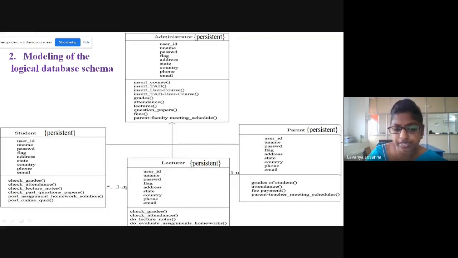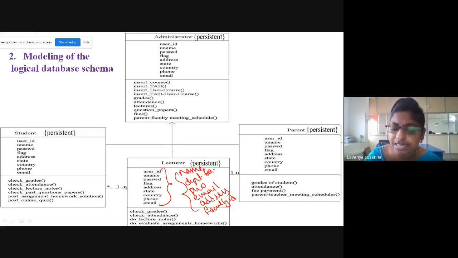Now, coming to lecturer. What are the attributes that faculty can have? Faculty will have a name, right? Next, department. To which department does the faculty belong? Next, phone number, email ID, address, all these things, username, some ID, faculty ID. There will be an ID, right? These are the attributes that describe the lecturer or faculty. Just identify in a simple way.